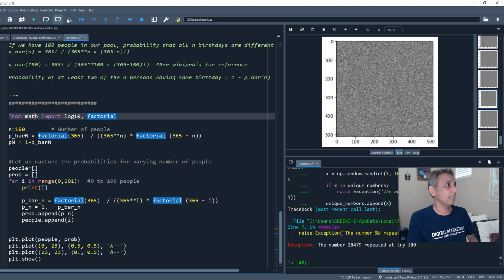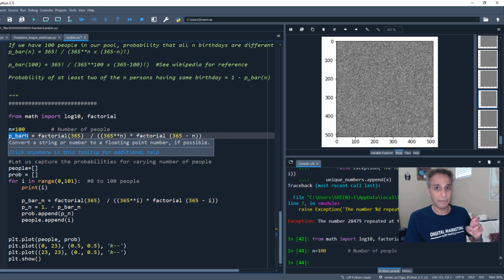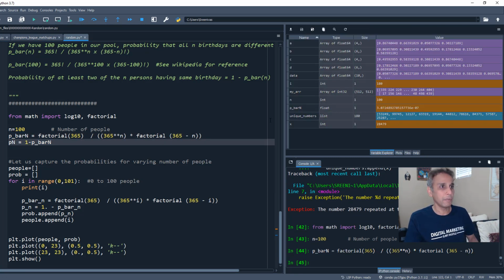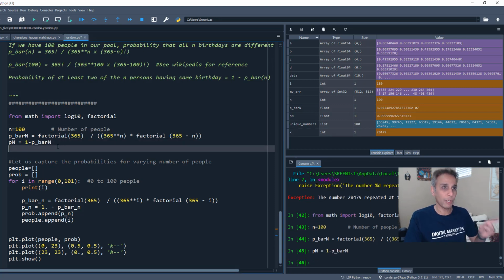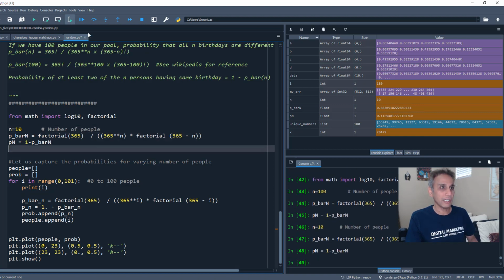Let's go ahead and import. My total number is 100. My p bar n, which is the probability of not having the birthdays coincide, is what? P bar n. I don't know what happened there. Oh, we have 100 people. Yeah, number of people, and then let's do this. Pn is 1 minus that. So the probability of 2 people having the same birthday is 0.999999 with 100 people. How about with 10 people? Let's do the math right here. With 10 people, that probability is only